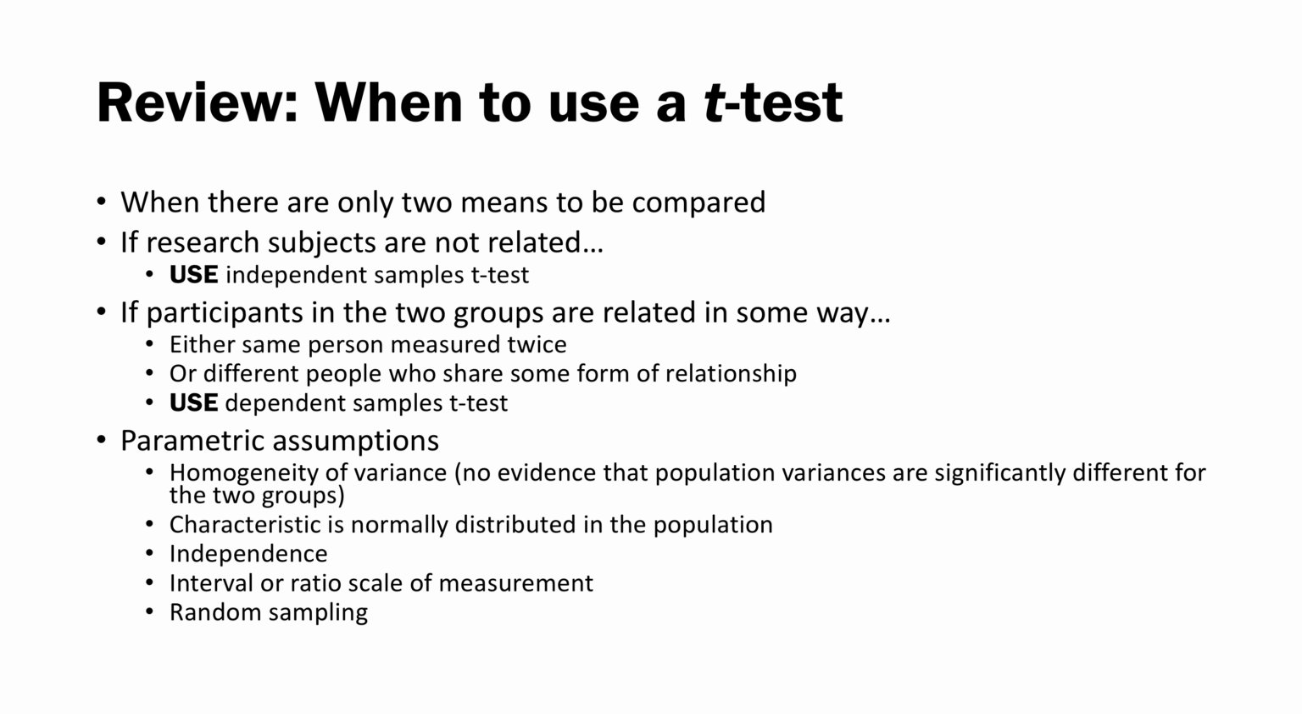The second parametric assumption is that the characteristic is normally distributed in the population. So whatever it is that we're measuring, we have to be reasonably convinced that it is normally distributed in the population. A normal distribution is not the only kind of distribution that we can have, but generally speaking, it's the most common type of distribution. Now, what's really important here to realize is that